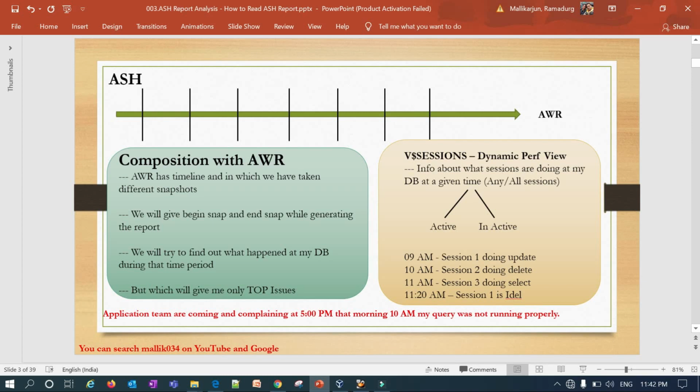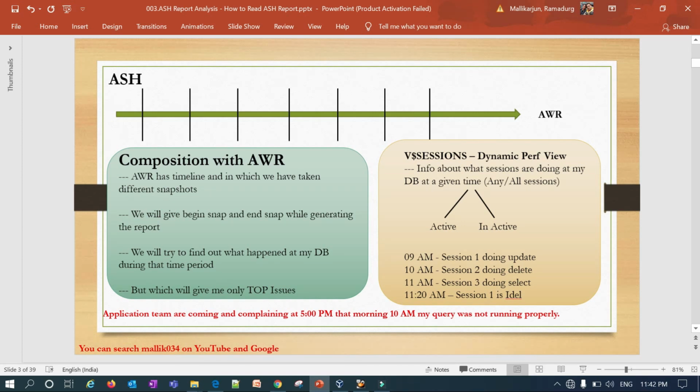So right now, how many sessions are connected to my database, how many are active and how many are inactive, and what those sessions are doing at my database, you get all that information from v$session.